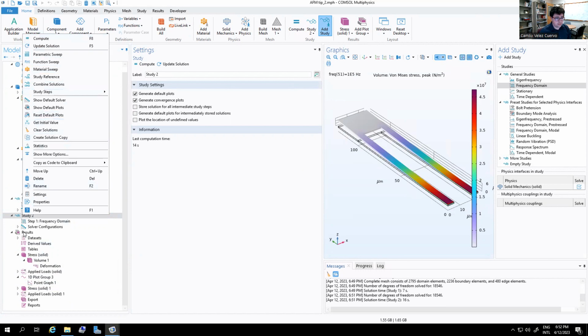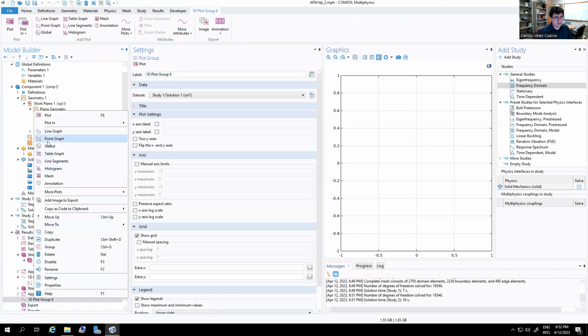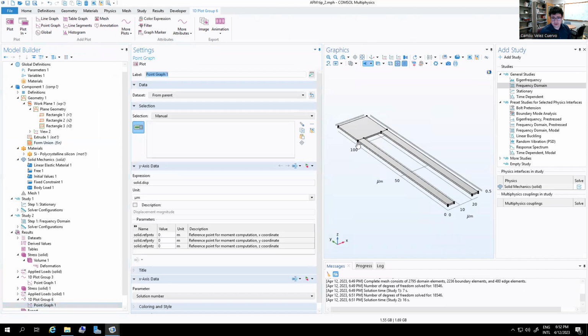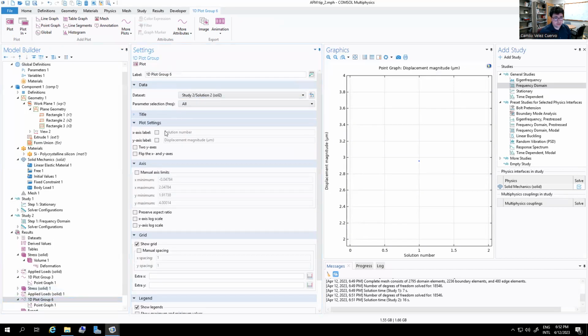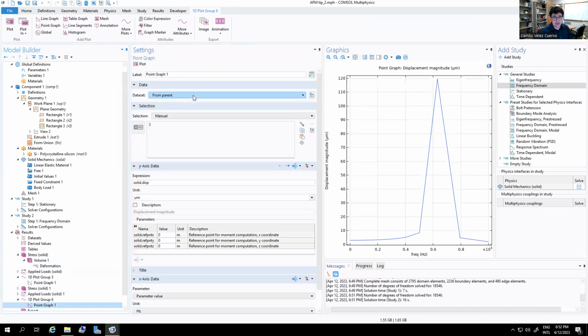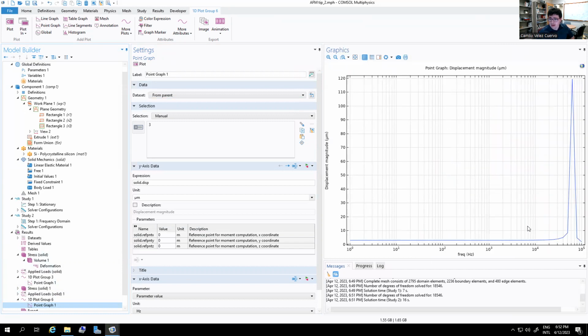So if I go to results and I do 1D and I right click the point graph, and again, I'm gonna pick this point here, and I plot, I'm gonna do the solution 2, that is the frequency domain, and I do the point. What we are observing right now is that there is a huge spike. Let's do a logarithmic scale in X. And you're gonna see that there is a huge spike due to